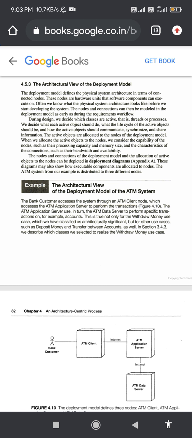We also know that the physical system architecture is defined before we start developing the system. The nodes and connections can be modeled in the deployment model as early as the requirements workflow. So during design, we will be deciding which classes are active, that means threads or processes,